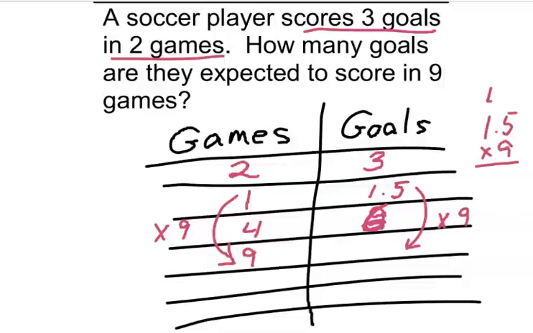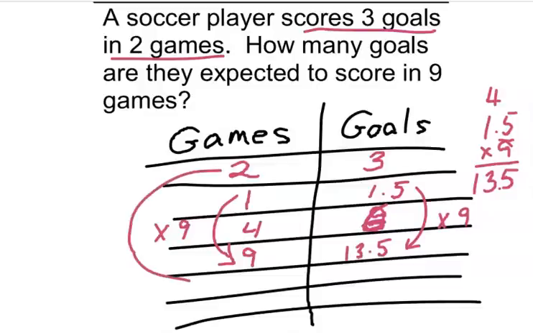9 times 5 is 45. 9 times 1 is 9, plus 4 more is 13. We're going to bring over the decimal 1 place, so the answer would be 13.5 goals. That's one way we could have done it, or we could have actually taken the 2 and said,